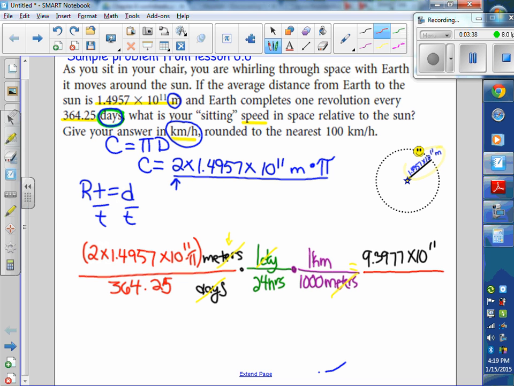And now I'm going to divide the bottom number. So those are the two numbers that I have for multiplying the numerator. And remember, our units here are kilometers per hour. Now we just take the number in the numerator and divide it by the number in the denominator. And when you do that, you come up with